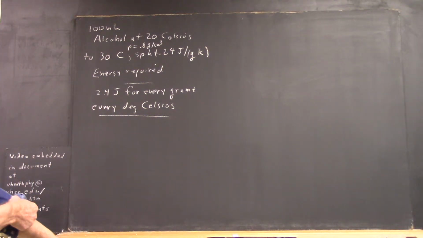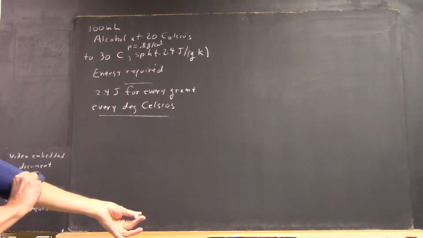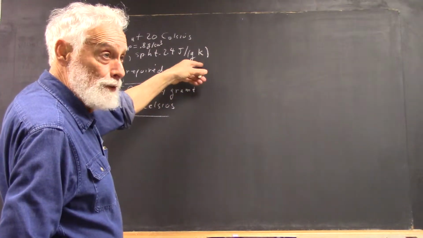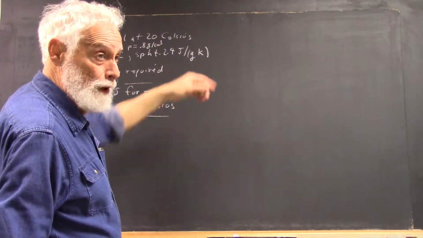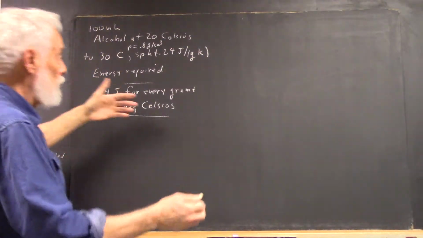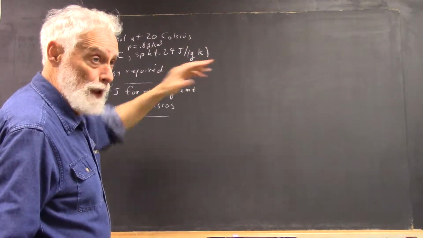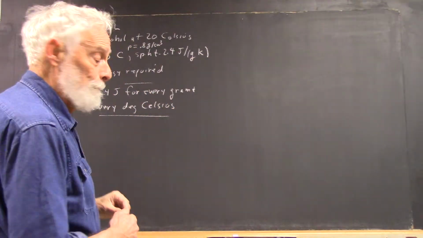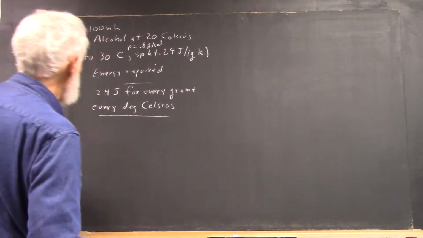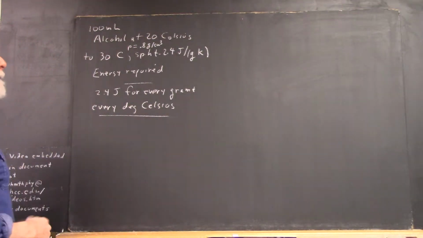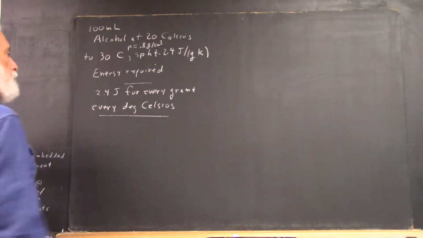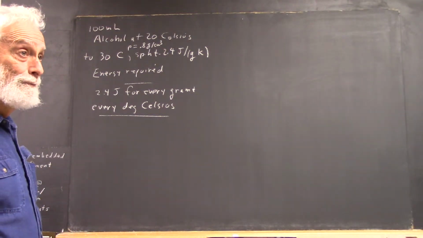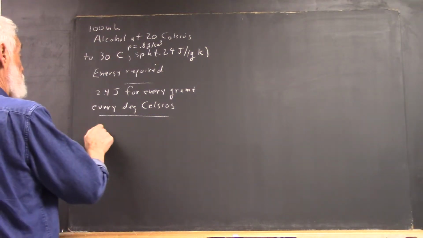So, Kelvin degrees, Celsius degrees, same size, so it doesn't matter if this is per gram Kelvin or gram Celsius, it's equivalent, okay? Because we're talking about a change in temperature, not an absolute temperature on the scale, right? So, we have that. And so what do you need to know? You know how many grams and how many Celsius degrees, right? So you need to know